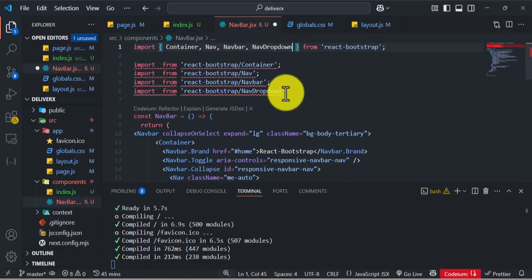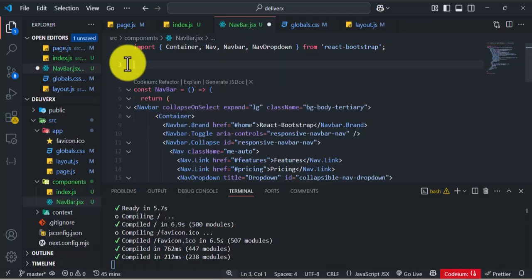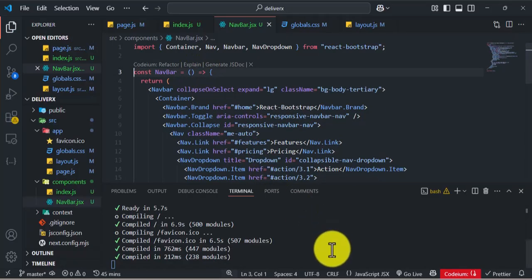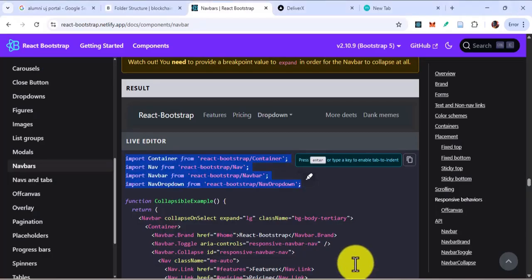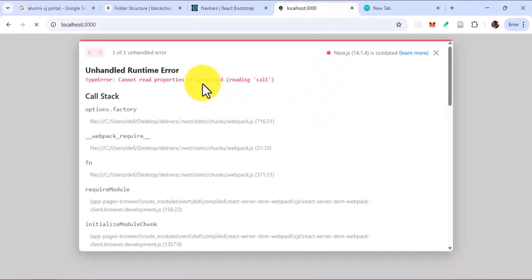Use a comma to separate them. So once I have that, I'll just delete it. I'll just save. Now let's see our navigation bar. So it's refreshing, and now